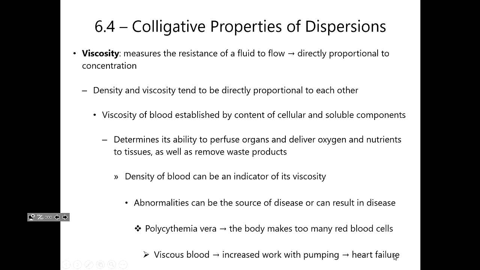And typically, one of the most common scenarios is a disease called polycythemia vera. It's a blood disorder. Amongst all blood disorders that you may have learned about, leukemias are part of them, for example, too many white blood cells. You can have too many platelets, thrombocytosis, and then you can have polycythemia vera, which is too many red blood cells. And because these are the most numerous cells in your body, if you have a malfunctioning bone marrow that's producing too many red blood cells,